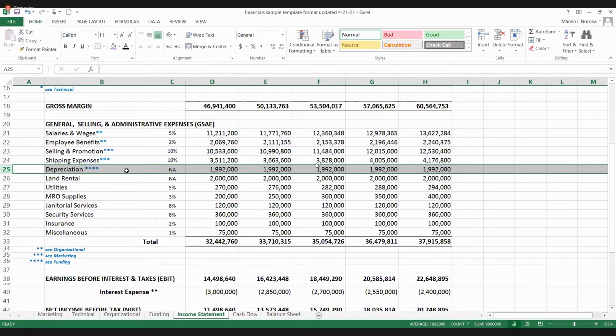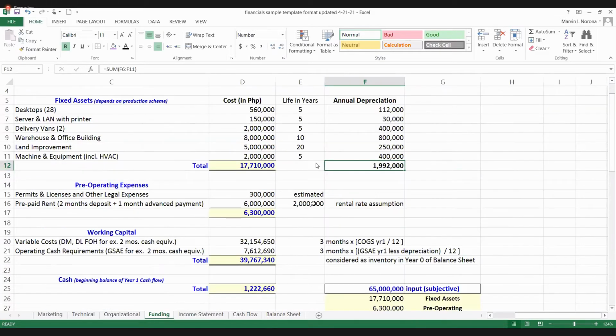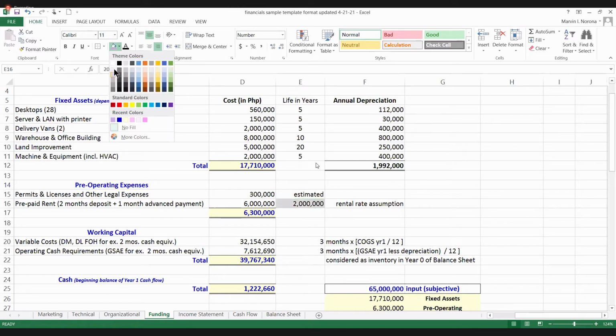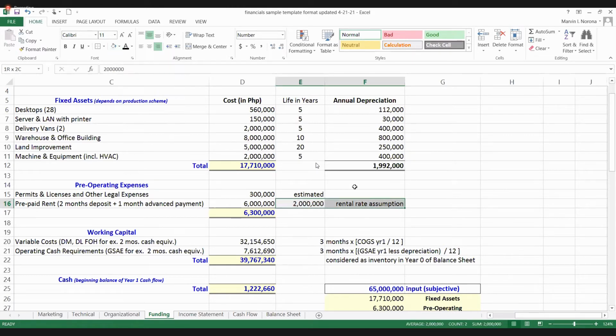Okay. So, hindi na kailangan i-type in. Kung ano man yung kinumpute ninyo roon, okay, lalabas dito. As for the rental, 2 million a year. So kung ano man yung in-assume mo rito, yan. 2 million a year. Bigyan natin naman. So kung ano yung in-assume dito, lalabas yun doon. 2 million per year.